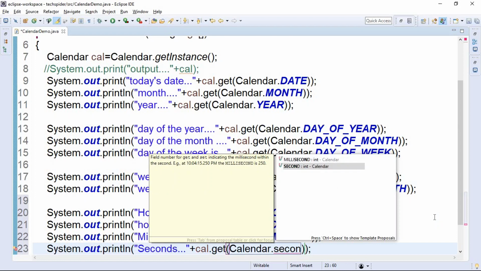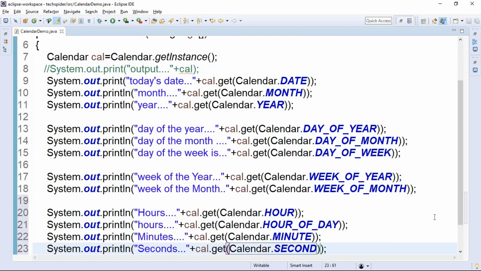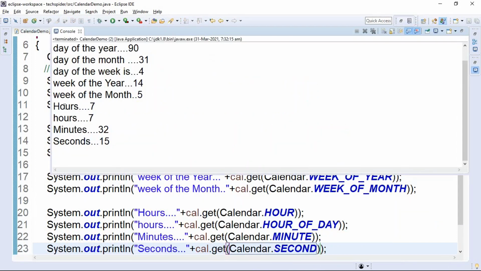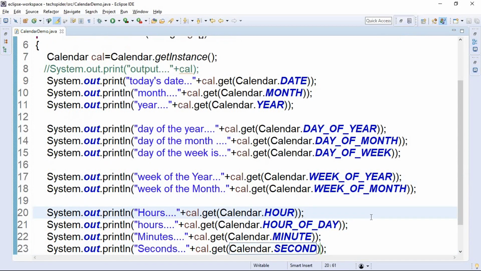Like that, a second. Try to run this one. In this output we get hours and hour of the day with the same result, and minutes is 32 minutes and seconds is 15 seconds. Like that we can use the Calendar class from the util package. This is used to get the date and time from the Calendar class.